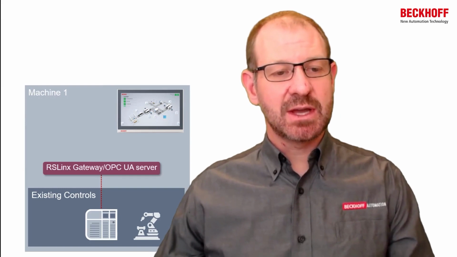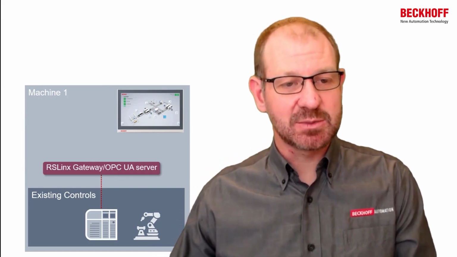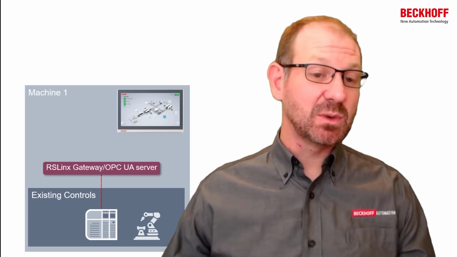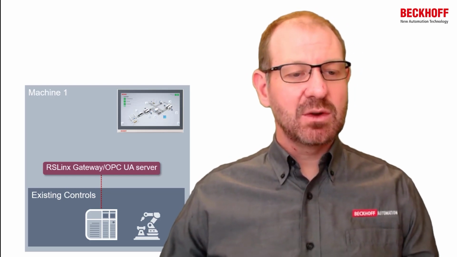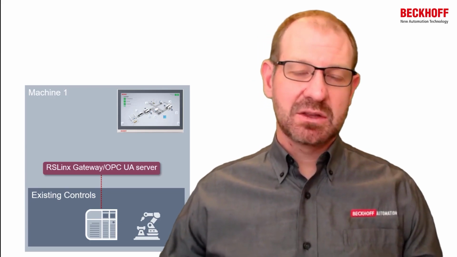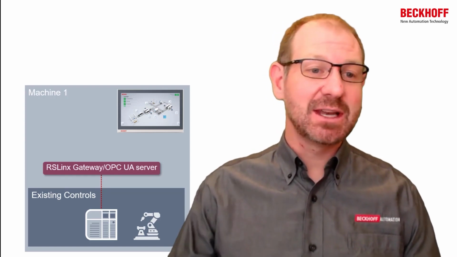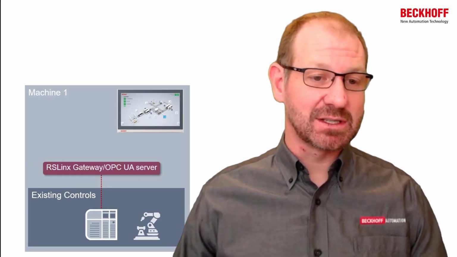Okay, so now we need to take this first step. And that first step is enabling this device to speak OPC UA, be an OPC UA server in this case. And in this case, we're going to use the RSLinx gateway to accomplish this. There are several software out there that will go from the proprietary hardware into OPC UA. As I mentioned, with some devices, it's just enabling it in the current industrial device, and then we have an OPC